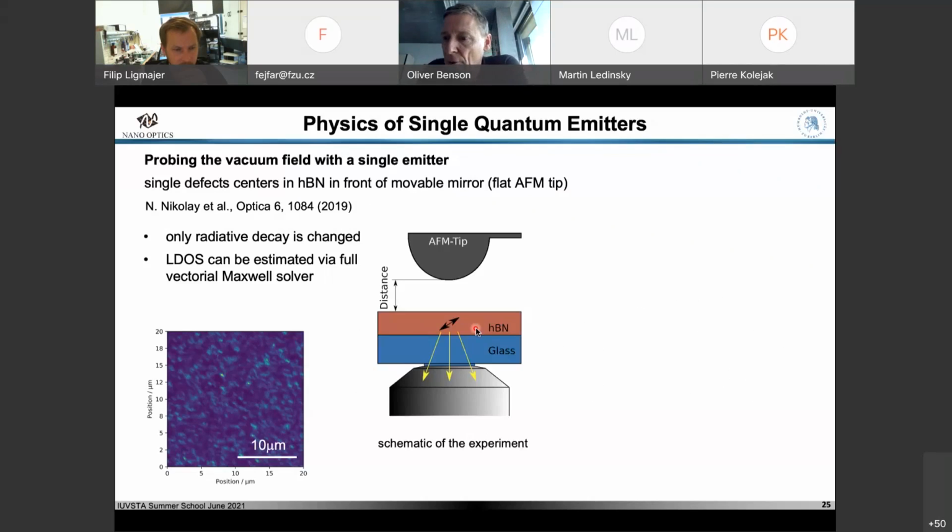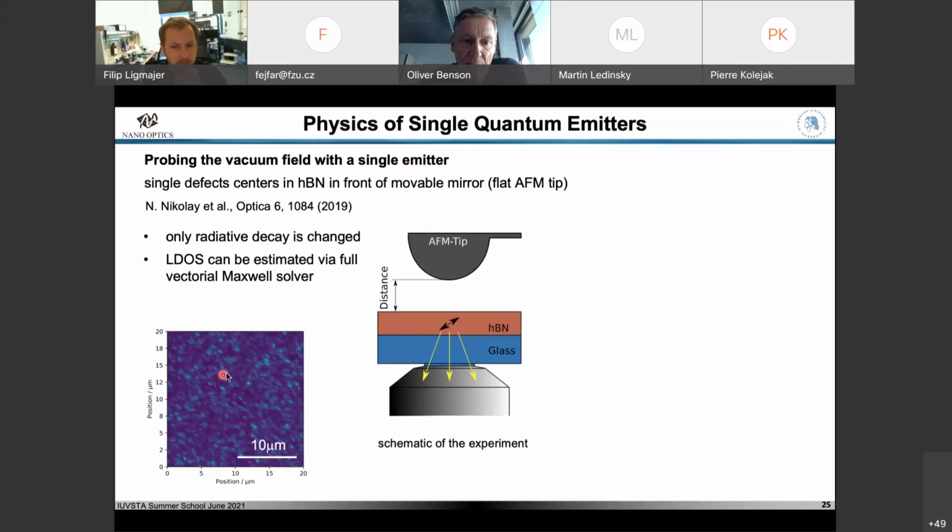And here I have an example which we did recently. So this is a little bit blurred, this image. You see bright spots. And these bright spots that you see here are not real atoms. They are, again, single defects, in this case in hexagonal boron nitride, so a two-dimensional 2D material. I may come back later to this. So you can just take a piece or slice of this sample, put it on a microscope, and take a look at it, and you see these individual bright spots. And maybe if you have good spatial resolution, you can just take a look at an individual bright spot here.